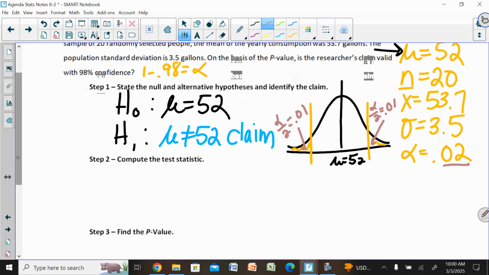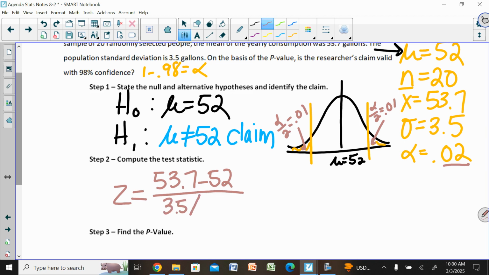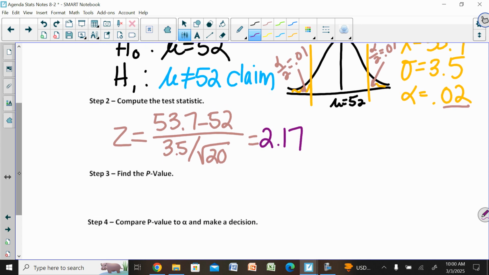So compute my test statistic. I'm going to do my z, x bar minus mu, all over sigma over the square root of n. Check my calculations on this. I ended up with a 2.17. So I'm going to go to my z table, to the positive side, find z of 2.17, and I'm going to get a p-value of